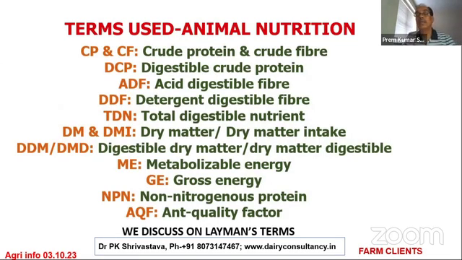These are heavy terms. Don't take it on your mind. They will go on bombarding you somewhere in some forms, and that is why we have included them. They don't have much value over here. We'll try to explain in common layman's terms. Crude protein and crude fiber was the kind of determination for the forage. The forage was being determined for the crude protein and crude fiber.